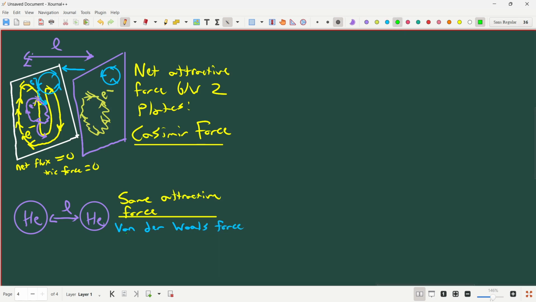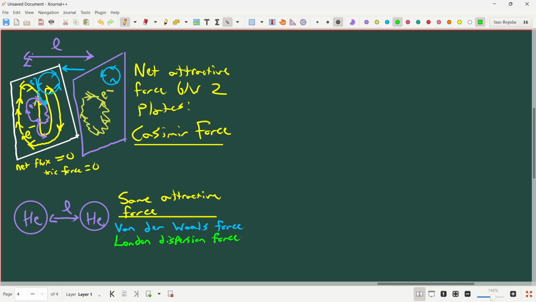Another term which I'll use interchangeably is called London dispersion force. Those are the two common names for it. You probably learned about van der Waals attractions or London dispersion in intro chemistry. The cool thing about London dispersion forces is that the van der Waals or London dispersion force, the attraction between two atoms or two molecules instantaneously, is the exact same thing as the Casimir force, except it's done with atoms or molecules instead. In fact, we can actually make a very important claim